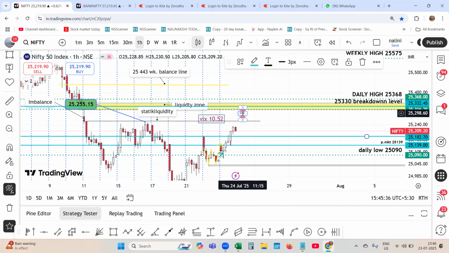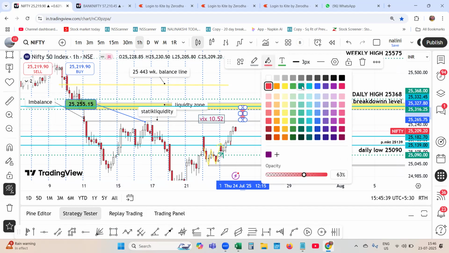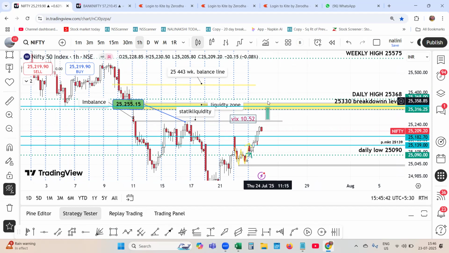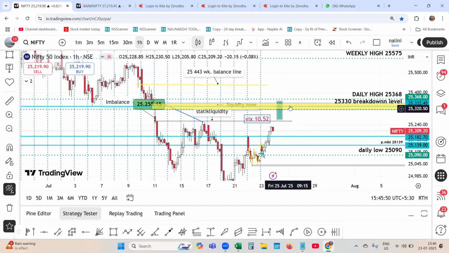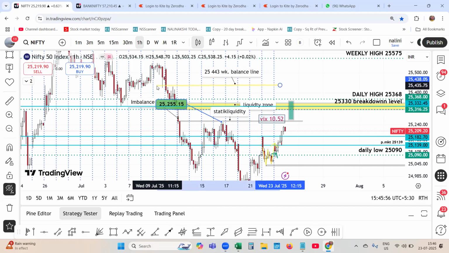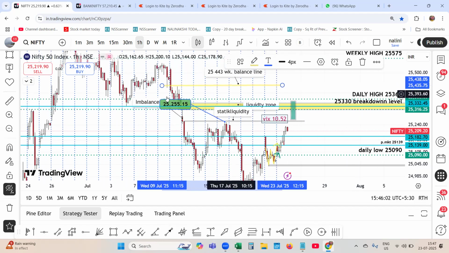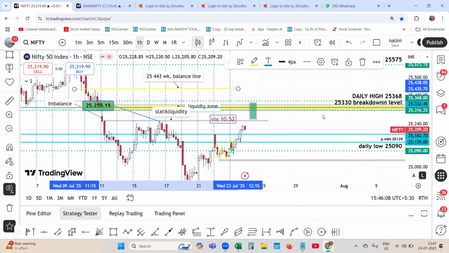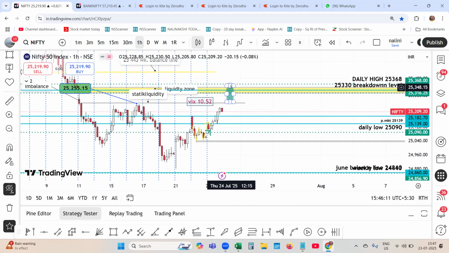Let me make it a green candle, and then it may sweep all this liquidity and dynamic liquidity. It may show as if it is going higher, and then it may start coming down because the market will not reverse. This is the strong resistance. 25,443 is the selling resistance from the July month. So then naturally, if it gaps up and faces resistance, you can look for a put option for your trade.